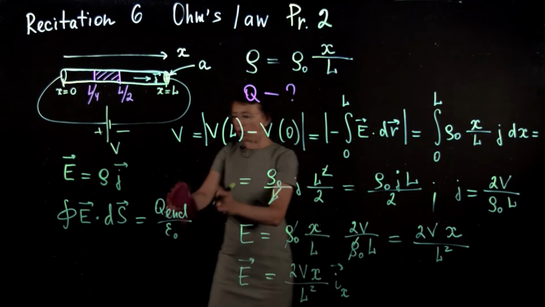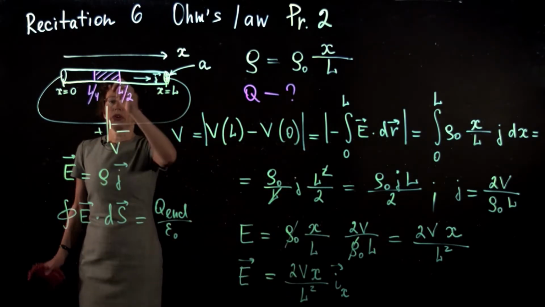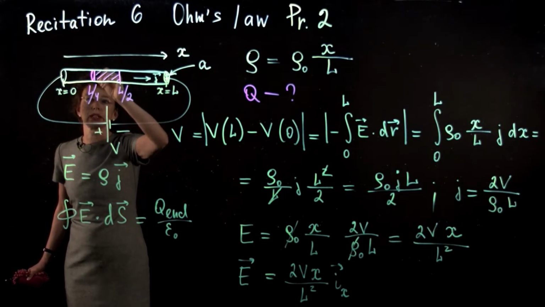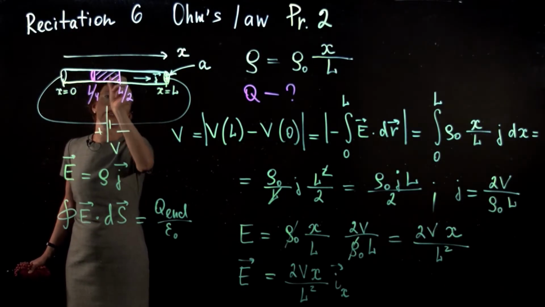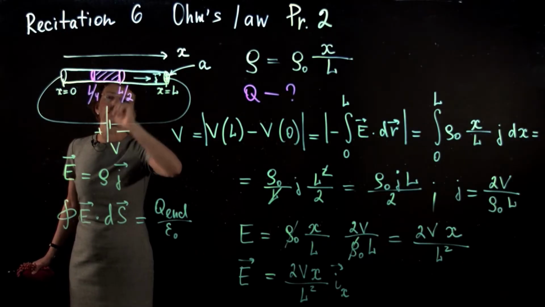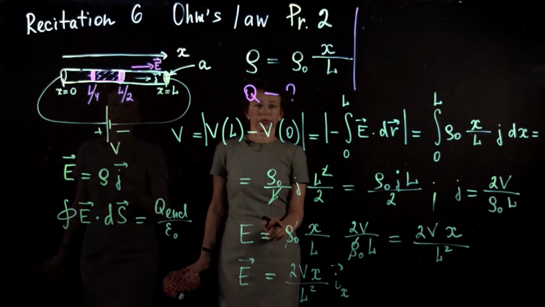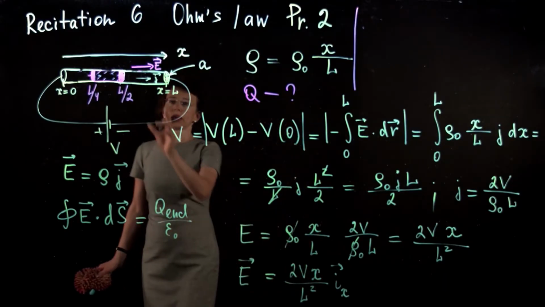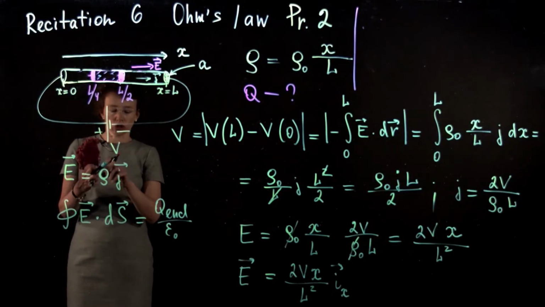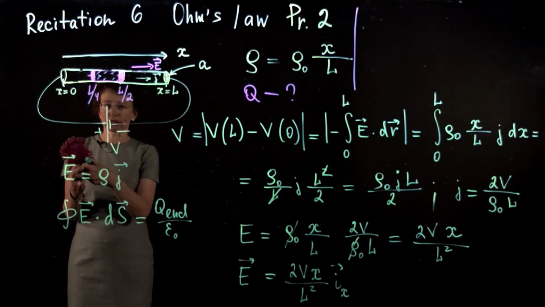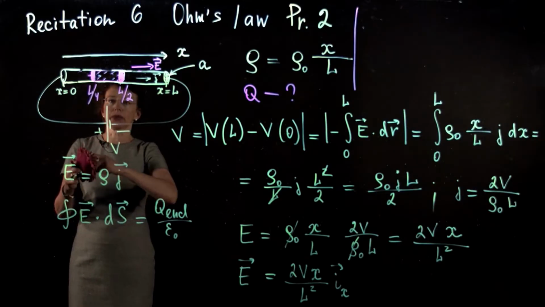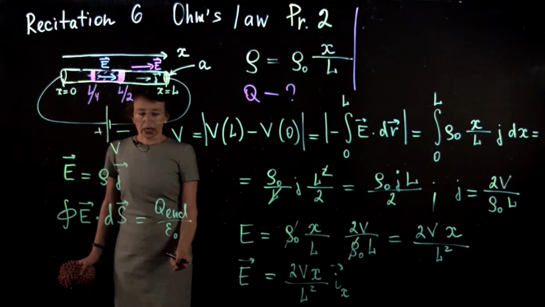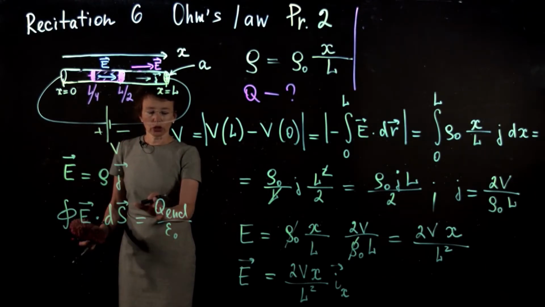Now we have our usual problem on Gauss's law. This pink piece of the wire, this is a cylinder, we understand it, right? So this is a cylinder, and we need to find the flux of the electric field out of this cylinder. We found the electric field 2Vx over L squared Ix. It is in positive x direction. Within this wire, the electric field, let me use a different color, is to the right in this direction. This is the electric field. Now we can use Gauss's law to find Q enclosed.